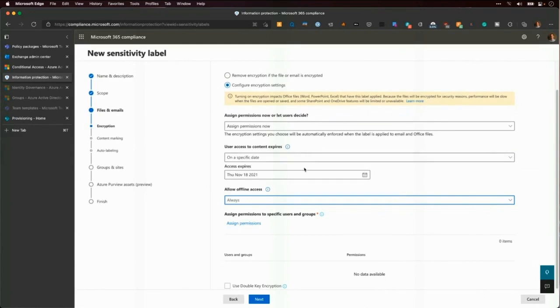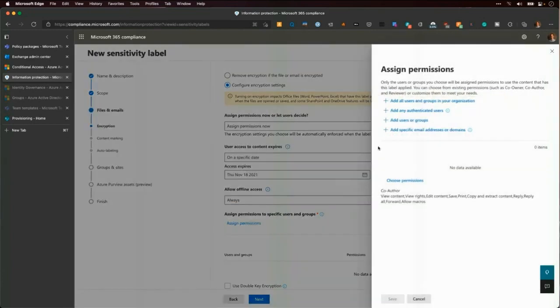Who do these encryption permissions actually apply to? This is going to be another one of those. You can do certain users, you can do groups, specific email addresses or domains. If you're sharing this with external people and you only want to block offline access to a certain organization that you share content with, you can do that, otherwise you're just going to apply it to all the users.